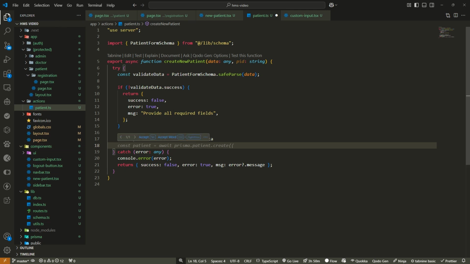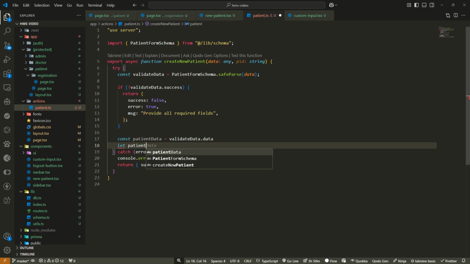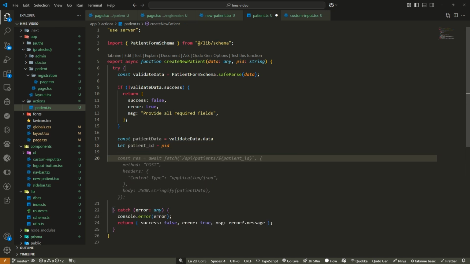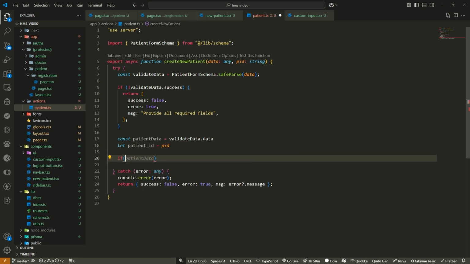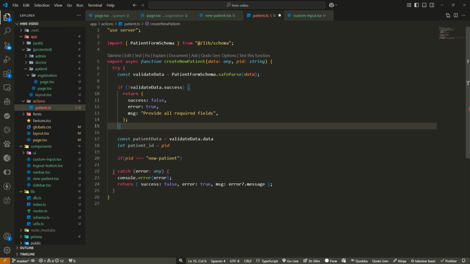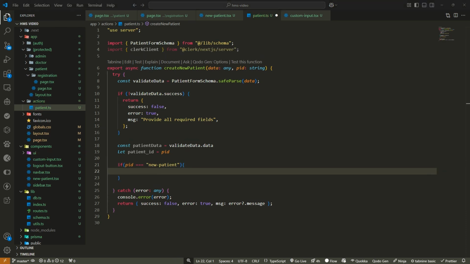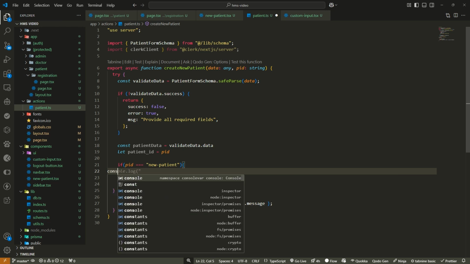Now I'm going to say let patient_ID equal to PID. If you remember, I told you that the patient ID will be the ID from Clerk, right? So we'll first set it. Now we need to check if the patient ID is equal to new patient. If it's new patient, we'll send the patient ID as new patient. If it's update, then we'll send the ID itself. So if the doctor or the admin is creating a new user, we need to create it as such. So we'll just say const client equal to await